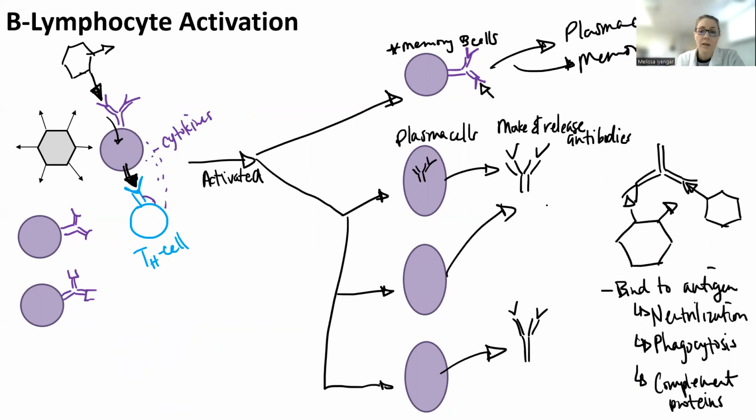Just like I said, if lymphocytes are like your SEAL Team 6 or your special forces, you have to train them on what the enemy is. And that's going to take time. But as soon as they know what that enemy is, it's very easy to deploy them and get rid of that enemy because they've already been trained. And essentially, that's exactly what a vaccine does.